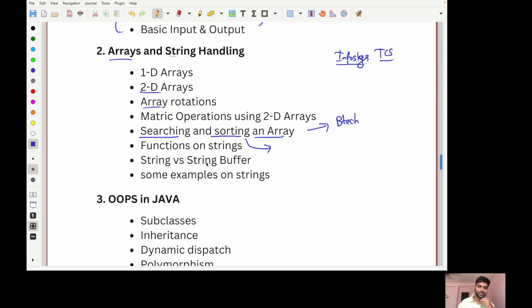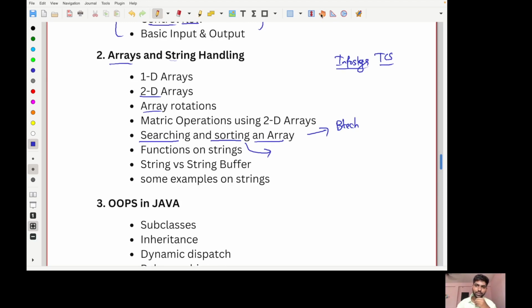Functions on string versus string buffer. These are the conceptual things. I'll also take some examples on strings. Okay, then we'll move on to some intermediate